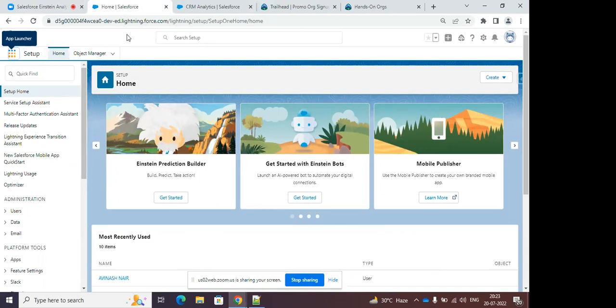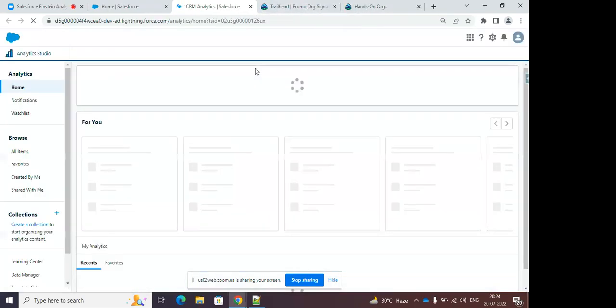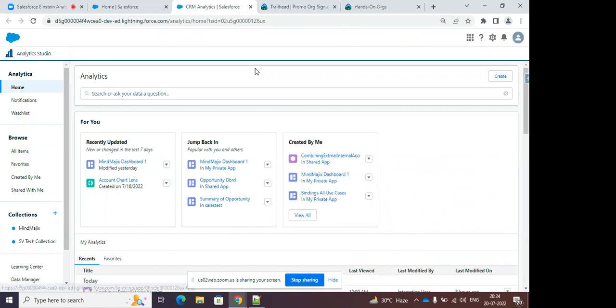And as I told you, this is a completely separate product. When you click on this app launcher, the nine dots you see in Salesforce, it is known as the app launcher. If you hover over it, it's also written there. Right now, if you click it, you get to see this Analytics Studio. When you click on Analytics Studio, you land on this page. This is basically a product, so any company or organization that hasn't purchased it won't have the option of coming into this Analytics Studio. This is an analytics tool, Salesforce Tableau CRM, where you are going to analyze